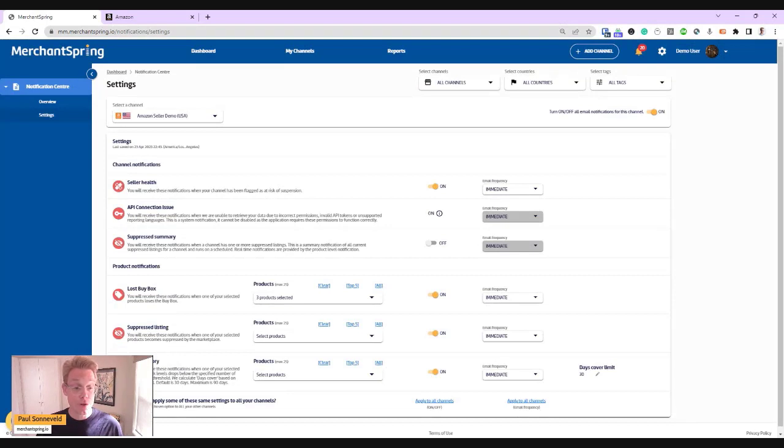Lastly, on low inventory, different channels will have different definitions of what constitutes low inventory or out of stock risk. This is the reason why we allow you to customize your own days cover limit. In other words, looking at the run rate of a particular product over the last 30 days, and the units that are now left in inventory as quantity available for sale, what is our days cover? And does it fall above or below the threshold, in this case, 30 days? If it starts to fall below, we will notify you immediately.